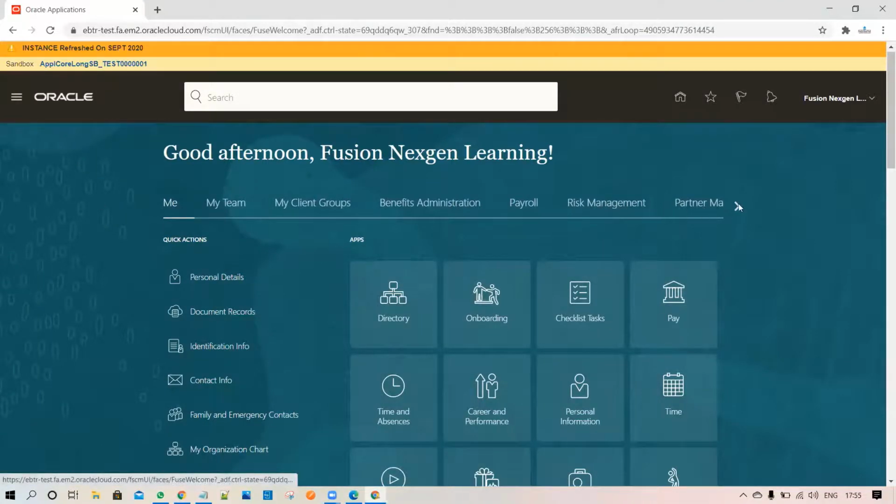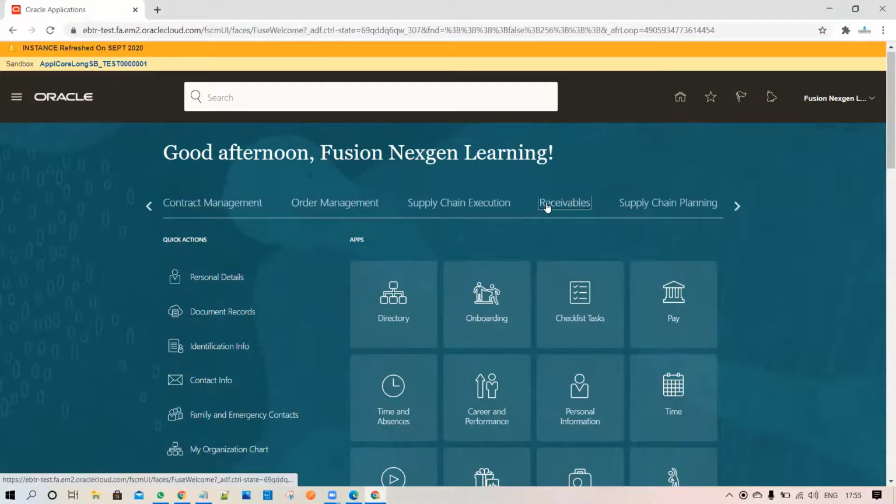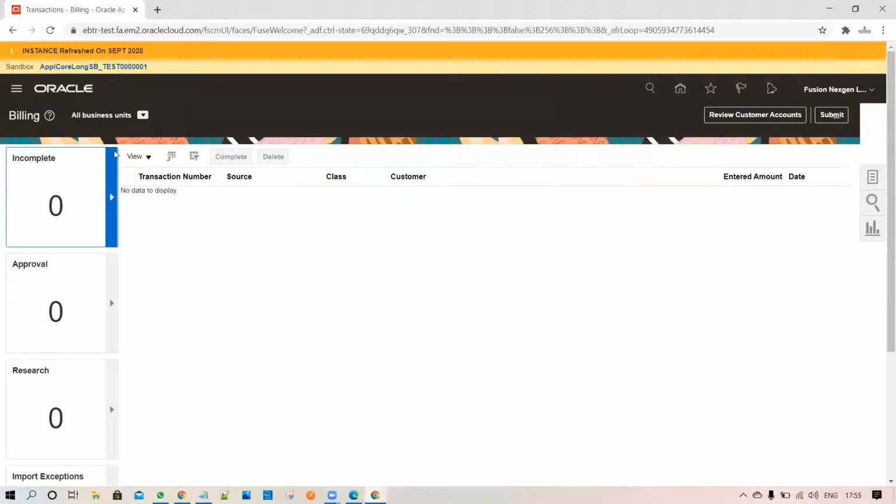If you go to any tab, let's suppose I'm going to Receivables and I click on Billing, you can see this is a completely enhanced UI. It is more user friendly, and users feel the navigation.